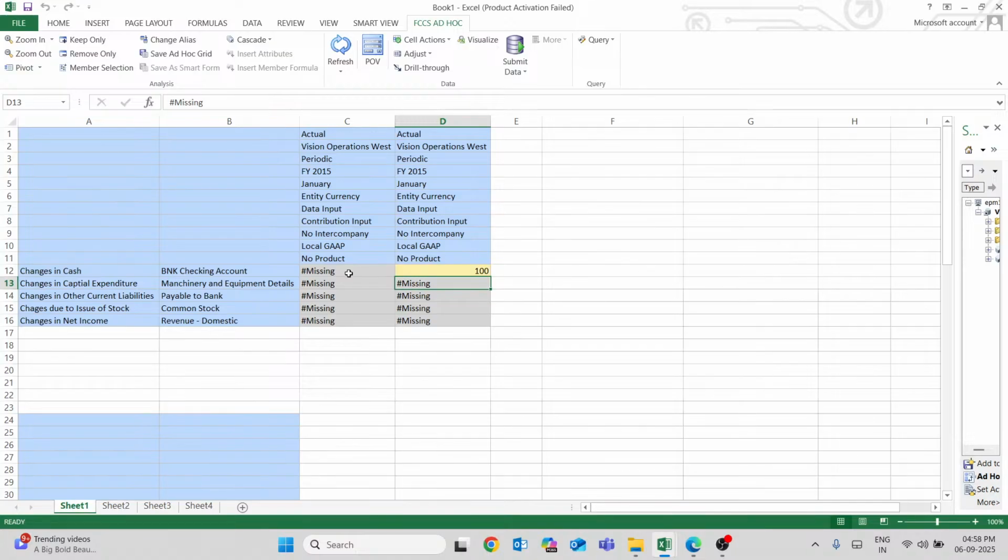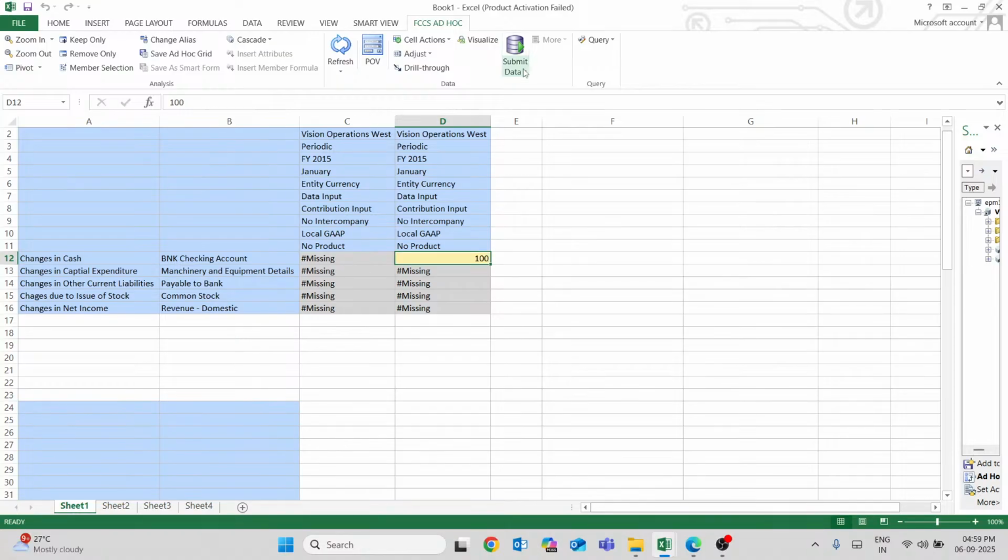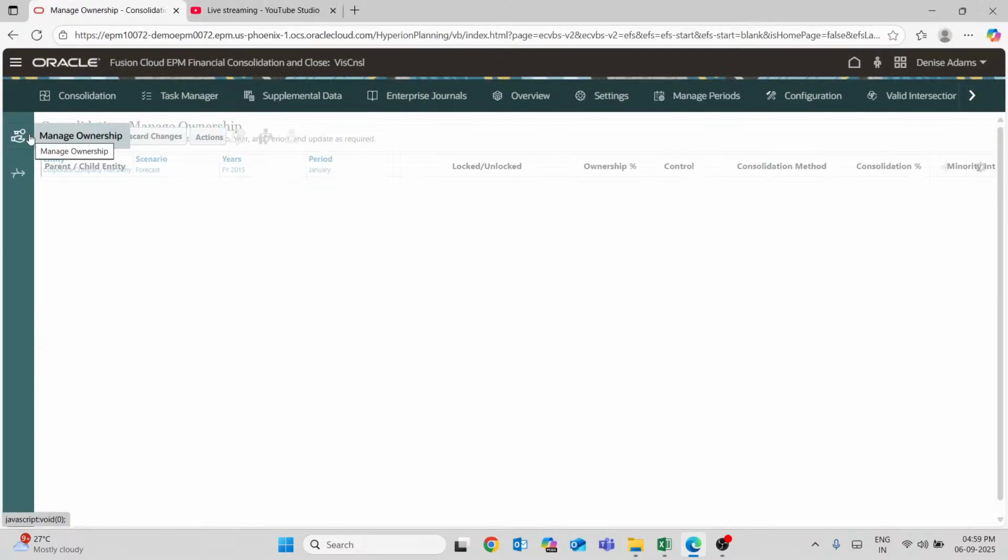Now in the other class we simply have to run the process of consolidation by inputting the data according to these examples. After inputting the data over here, we're going to refresh and submit it, then go back to the application from this portion. From here under this application we have to find this consolidation, and after it opens, we have to set the manage consolidation